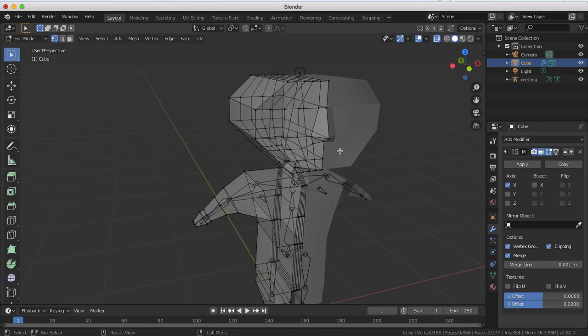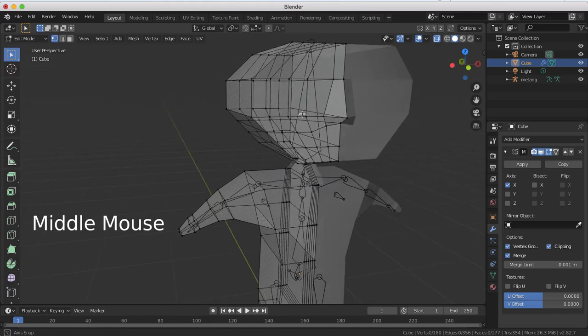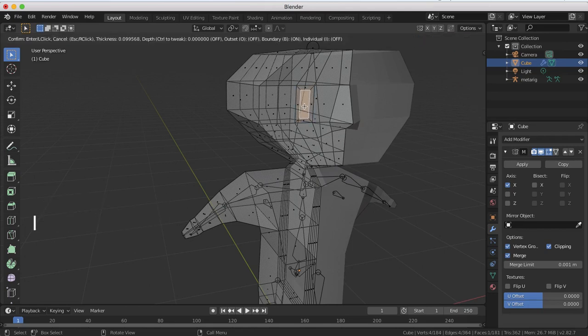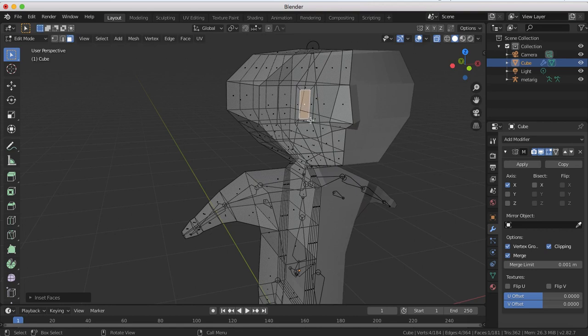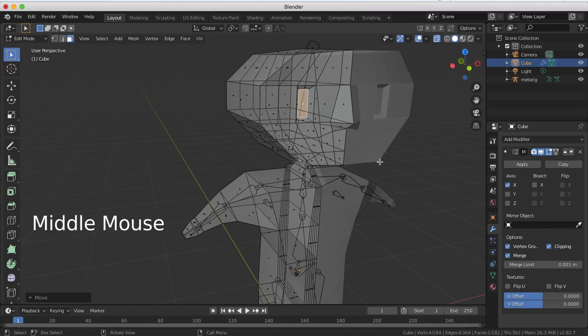Maybe I'll pull up on this region a little bit. Do a little inset to hint at what an eye socket might be like. Let me put it in face select mode over here. If I press the I key for inset, I can inset right there, and then I'm just going to grab that and push that in a little bit. So I'm going to go GY, just push that in a little bit. Just a hint of,